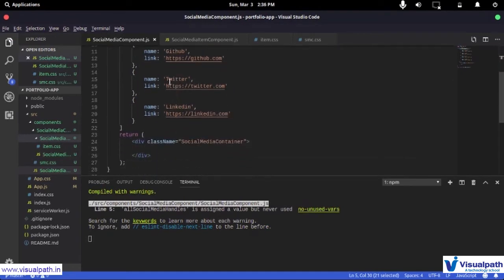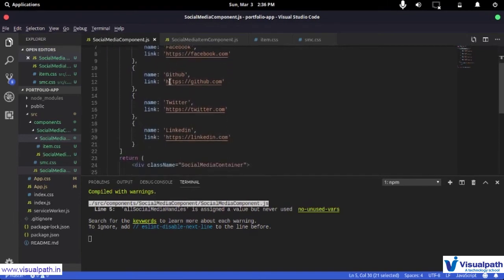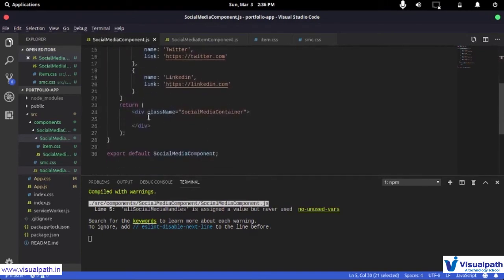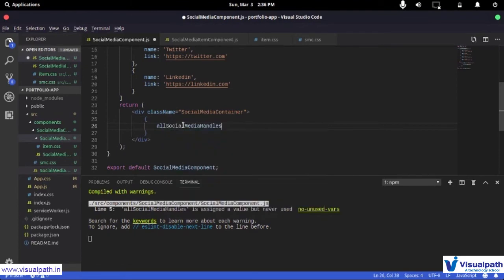And how I'm going to use this is I am going to use a technique called moving over all the elements. So inside my return I can write JavaScript, and you already know that. So I'm going to write some JavaScript, and I'm going to get that variable.